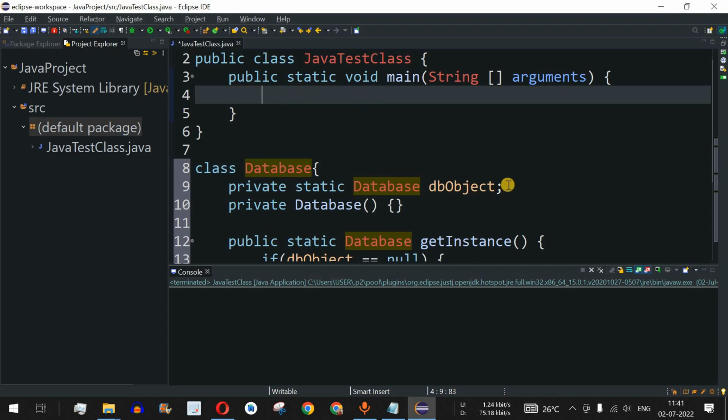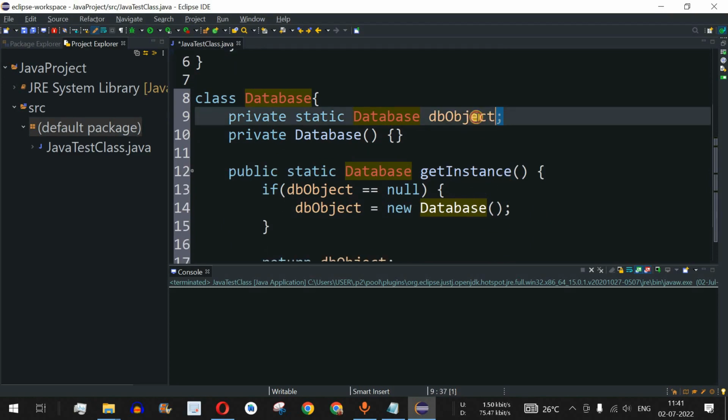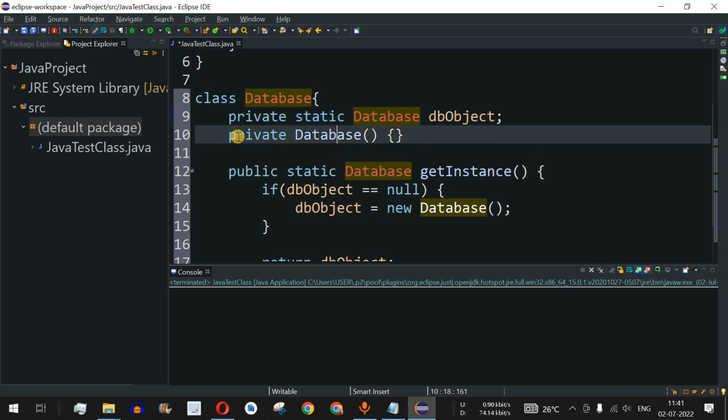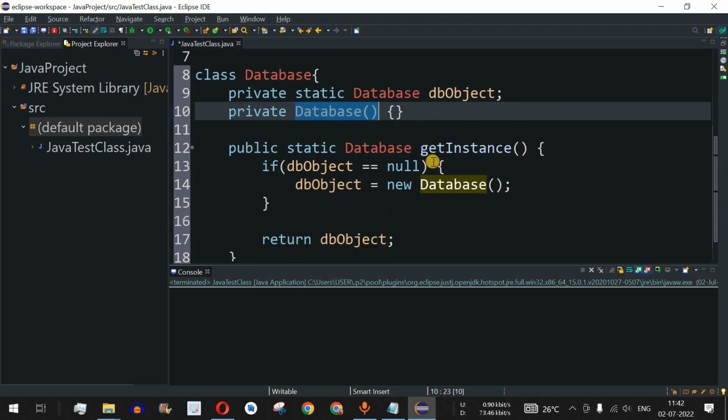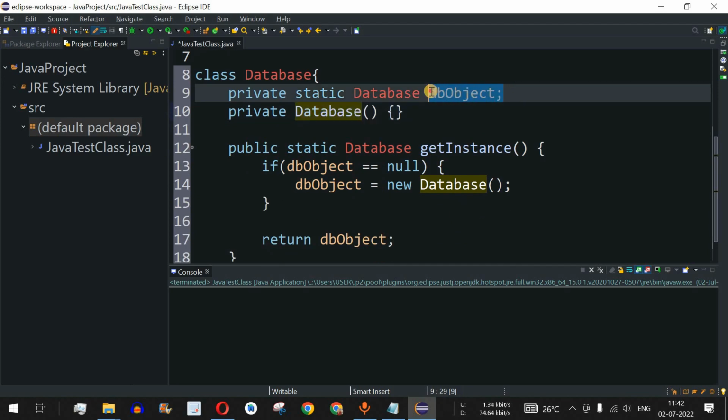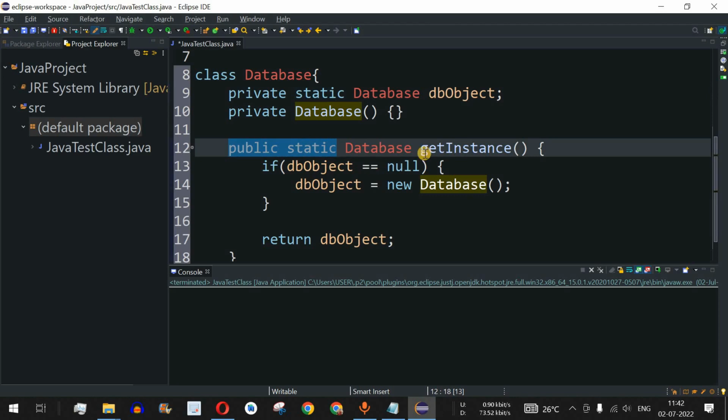That's because the property of a singleton class is that we can only have one object of this class, and this is the one object, that is the DB object over here. We are making the constructor private so that no other class can call this particular constructor in order to create a new object out of it. And then in order to initialize this object, that is the DB object, we have a public static method